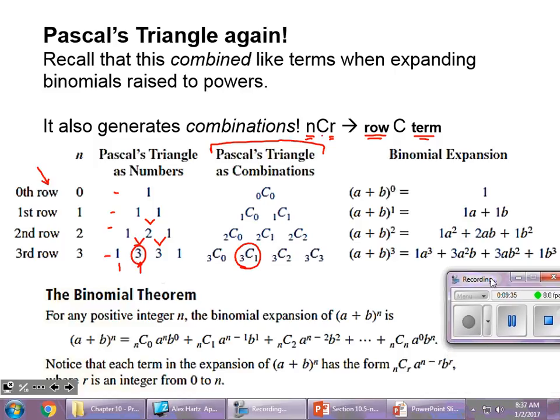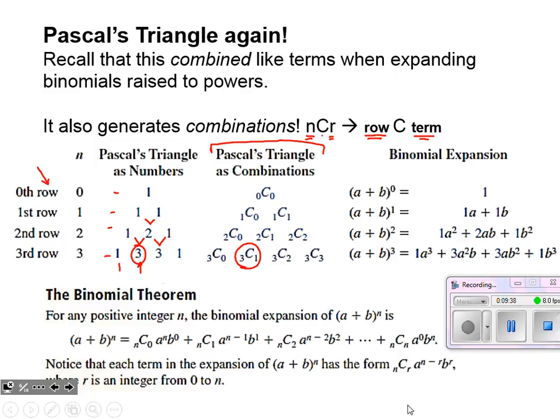Okay, and then we can adjust how we expanded a binomial by looking at this binomial theorem down below. And again, this is what we will explore a lot more in section 10.6. But what it's saying is that each term can be found by using that combination for a coefficient. Then the first term raised to a power that is objects minus choices power times the second element of our binomial raised to that bottom number power, or whatever we are choosing power. This makes it very fast to expand, especially when we have the calculator at our side as well.